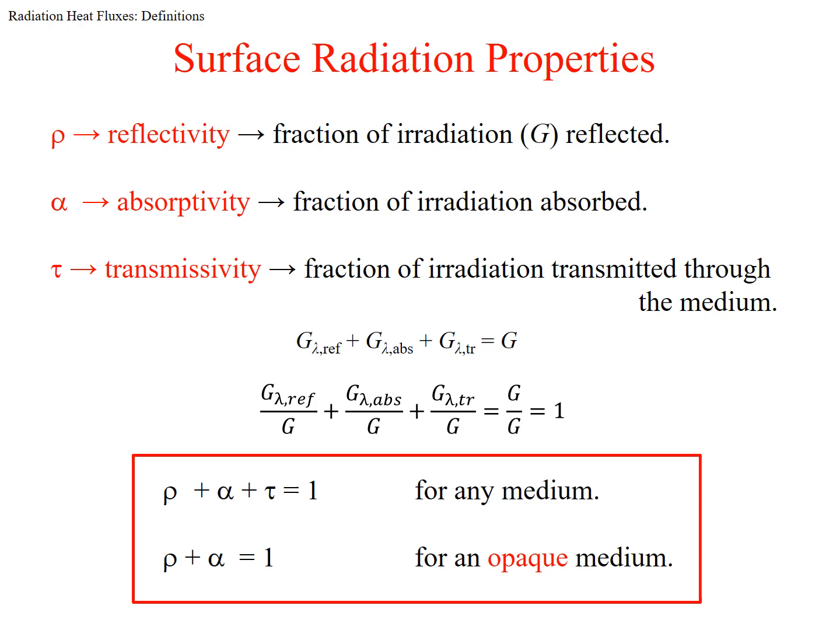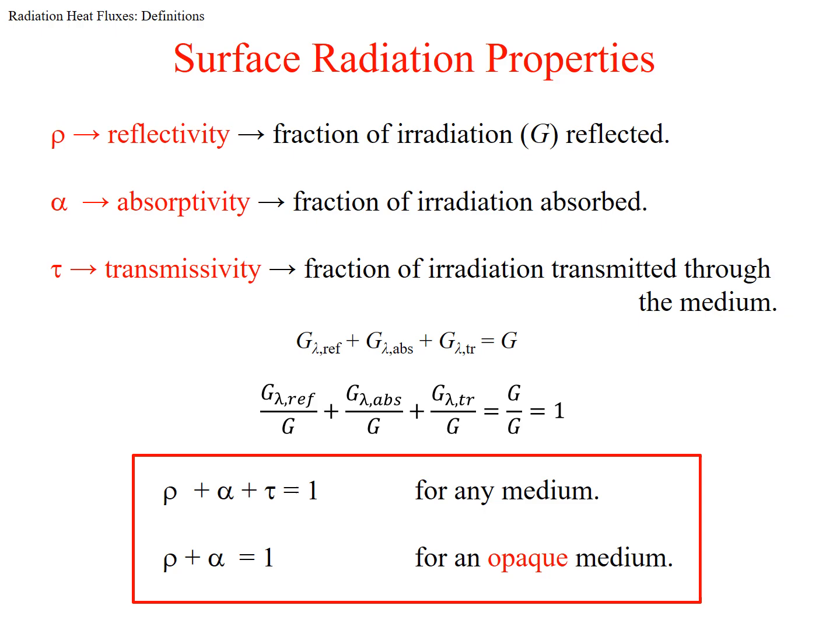So now that we've discussed the fate of irradiation on a surface, and we've said that it could be reflected, absorbed, or transmitted, now I want to introduce to you three more radiation properties of a surface. They're called reflectivity, absorptivity, and transmissivity. We use rho, alpha, and tau for the symbols, and we define them as the fraction of irradiation that is reflected. We call that one reflectivity. Fraction of irradiation that's absorbed, we call it absorptivity, and fraction of irradiation that is transmitted through the medium, we